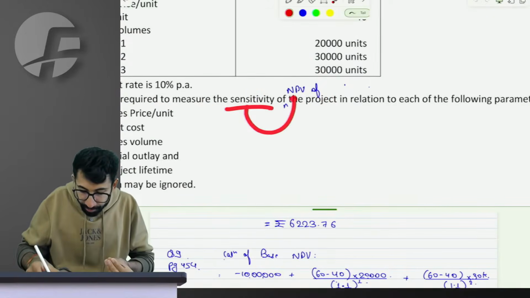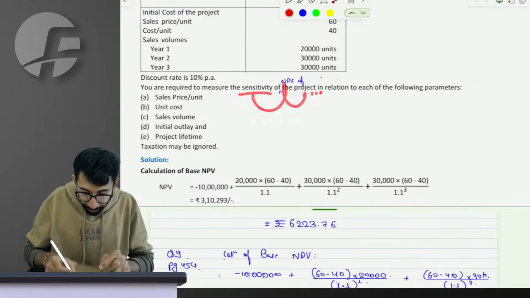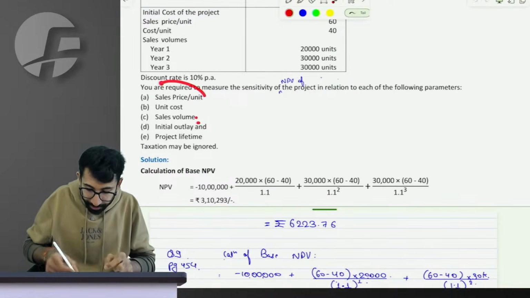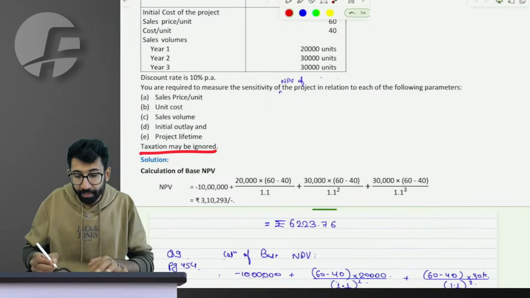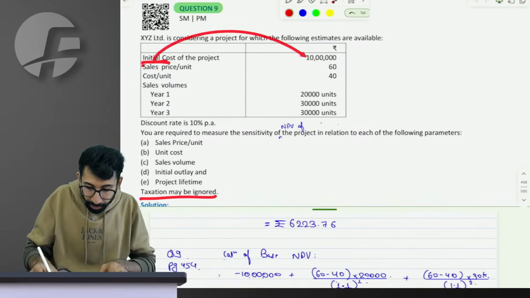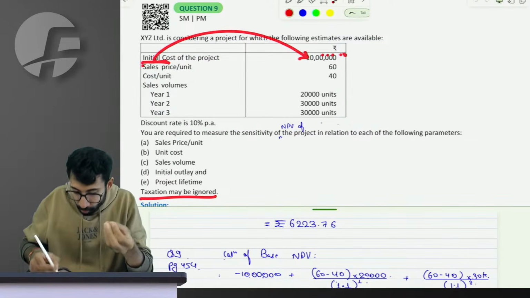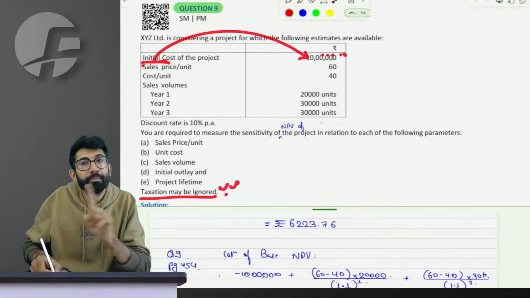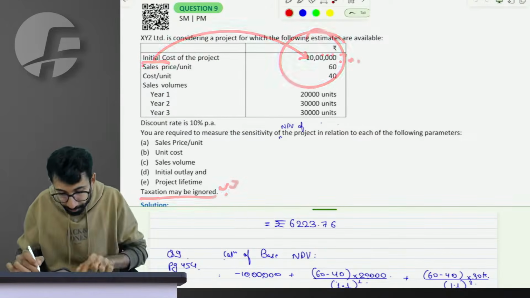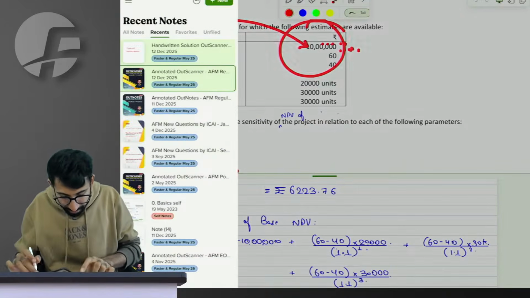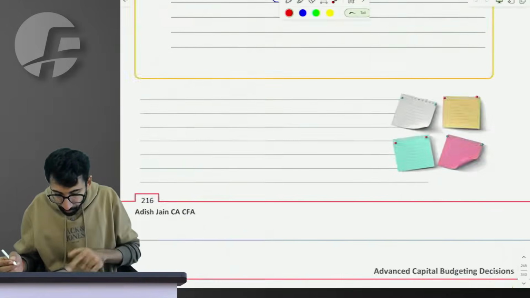Needless to mention, sensitivity of the project means sensitivity of NPV of the project with respect to sales price and everything. Let's change each parameter one by one. If there is no tax, then there is no depreciation on the initial cost which should be considered. Do you agree? Since there is no tax, then no depreciation is needed to be considered on the initial cost. That is what I wanted to explain. Sir, has that thing been written anywhere? It's important, otherwise how will you revise it?